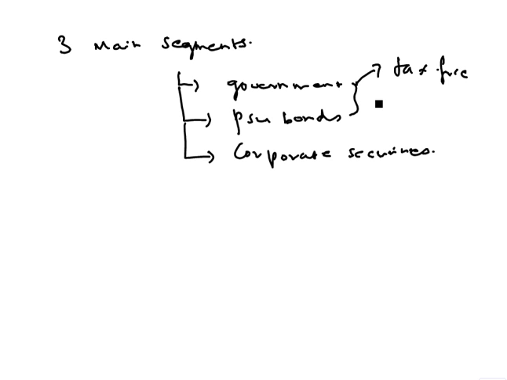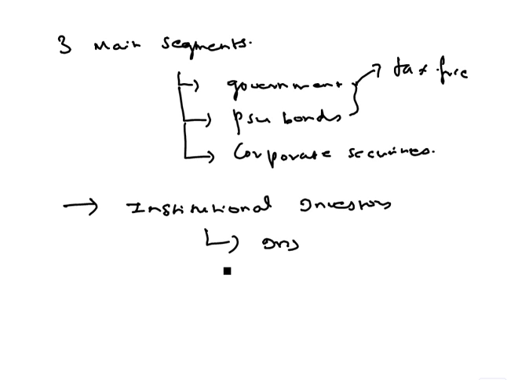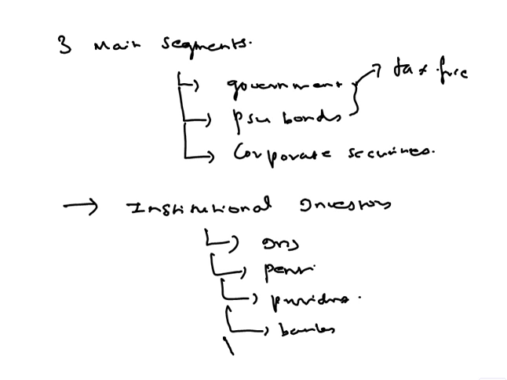Now let's see who are the participants in the debt market. Usually we would say individuals like us and others will be there, but it is not so. Majorly, I would say the dominant players are institutional investors. If you say institutional investors, that means some financial institution is participating. Who are those institutional investors? It could be the insurance companies, or the pension fund or provident fund companies. These are the players, or even banks and corporates, the big institutions. They majorly participate in the debt market.